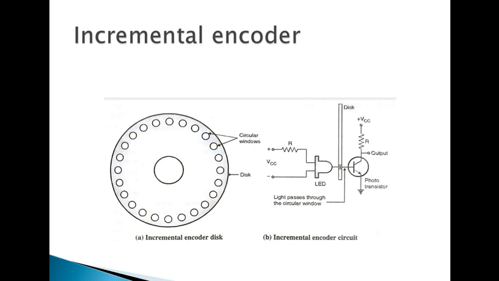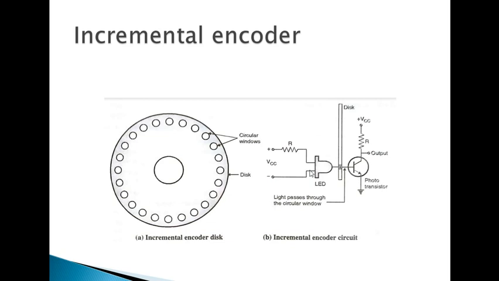Okay, so this is a very simple concept. You may study in future how this transistor works, then you will understand what I am telling now. But for the sake of simplicity, just keep in mind that when the transistor conducts, output is 0. When the transistor is off, or non-conducting, or when there is no light passing through this hole, the transistor is off, and the voltage we are getting is a logic 1 or plus 5 volt. So plus 5 volt stands for logic 1, and logic 0 stands for 0 volt. So this working principle is utilized here.